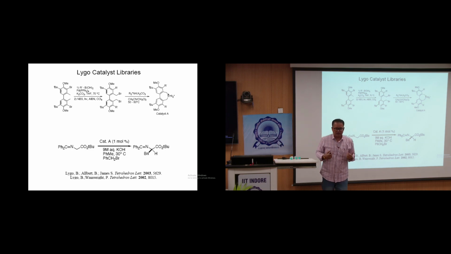How do I prove that? I prove that by saying that when I use the minimum amount of catalyst, my overall yield is very high and the enantiomer selectivity is also very high. But the main decisive factor is what amount of catalyst you are using. So you see that now they have come to a place where the organocatalysts, as I told you,